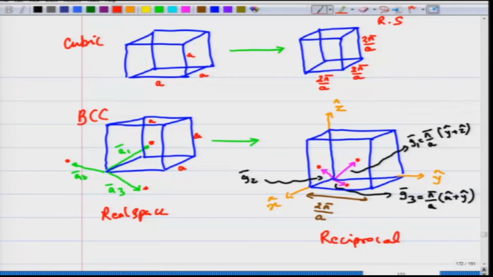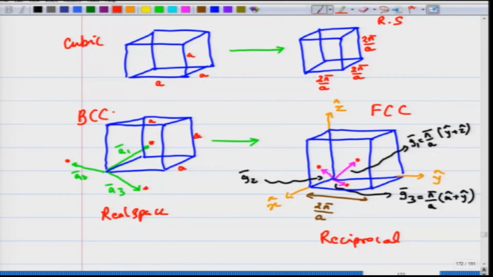These were your BCC points which defined your primitive lattice vectors A1, A2, A3, and from there we got G1, G2, G3 which are half of 2 pi by A, y cap cross z cap. So, this gives a point in the yz plane. This gives a point which is halfway on the x axis, halfway on the y axis, and this gives a point on this face, this gives a point on this face. So, what do you have here? You have a face centered cubic structure.